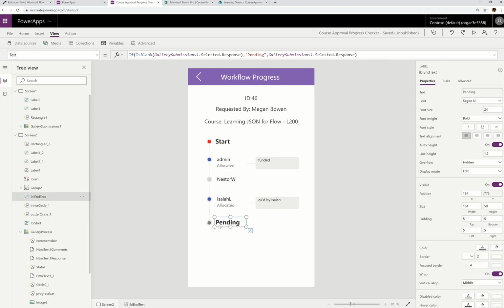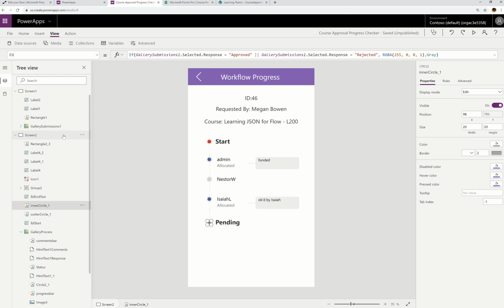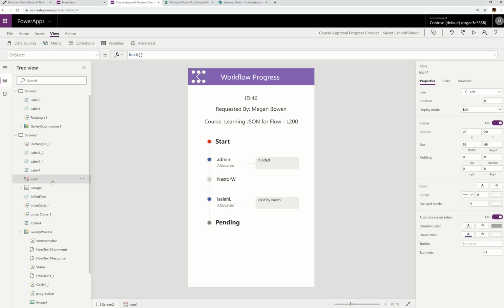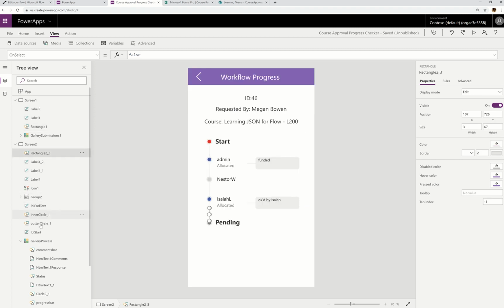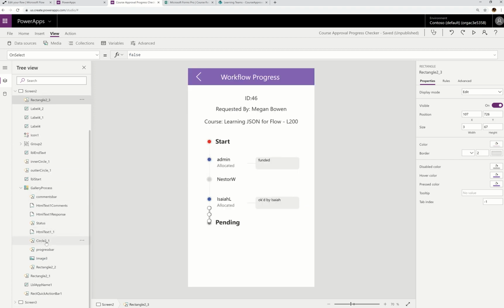Same thing for the word pending. Basically, if we have no response, which means no outcome, then this should be just the word pending. But if we do have a response, let's go ahead and give the response there. Start is always start. And I think it's inner circle. Let's find that inner circle. You should label your stuff, you know? I don't know why I didn't. So the inner circle of start,